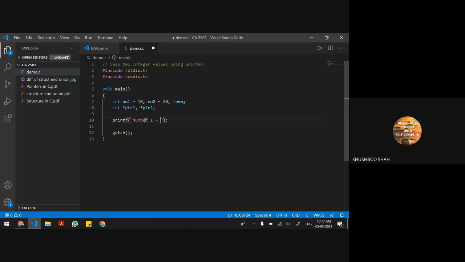Before swapping, number one is equal to something. Perfect. Kandarp, just mention one printf statement, yes, before swapping, and put the escape sequence \n before each printf statement.